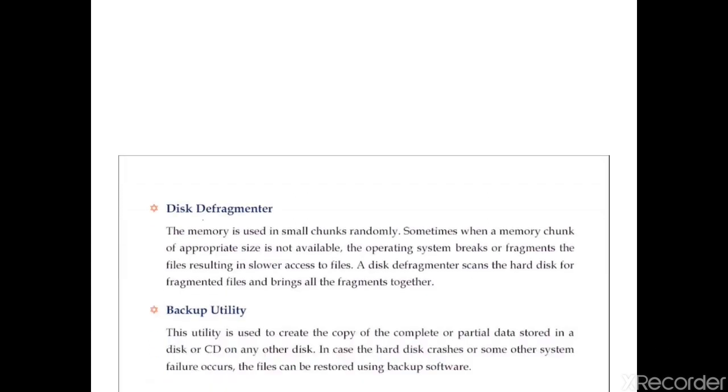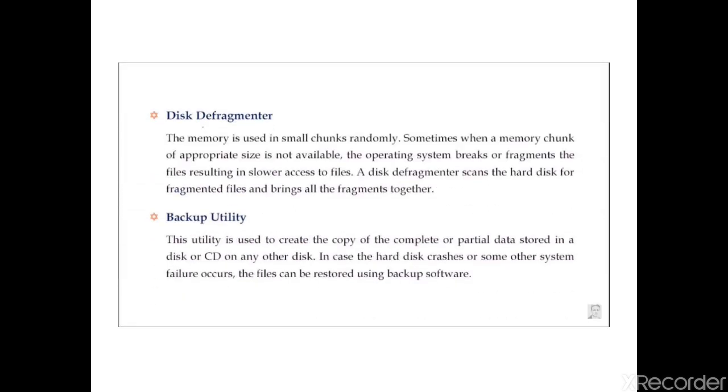Next we have disk defragmenter. What does disk defragmenter mean? This means that in the memory which we use in a computer, some of the tasks take some space and there is some space left in between unused.